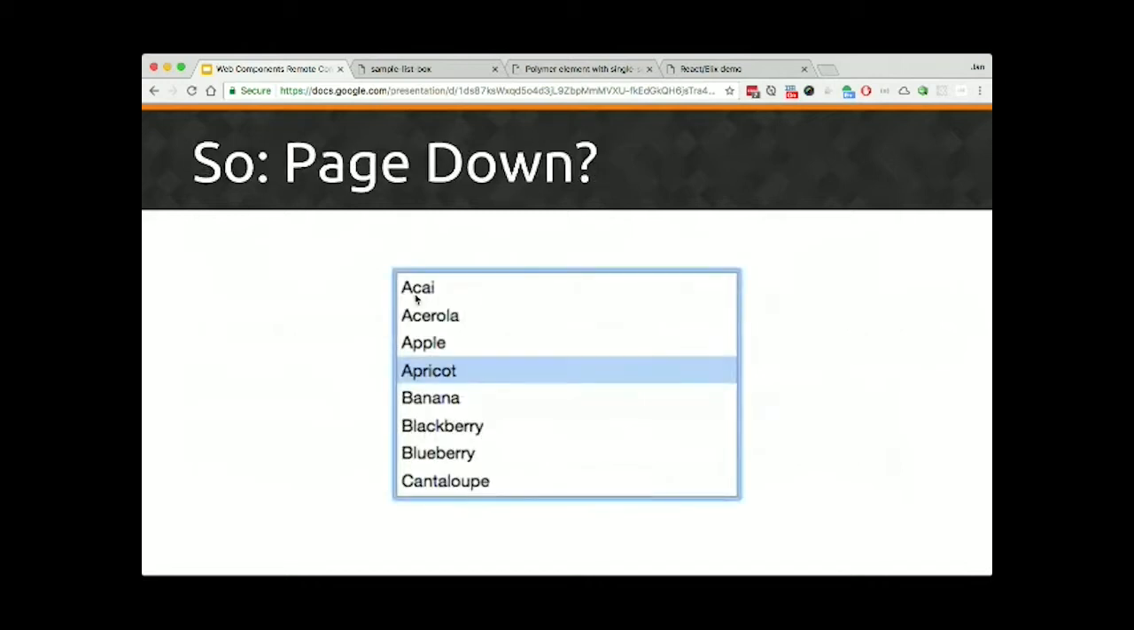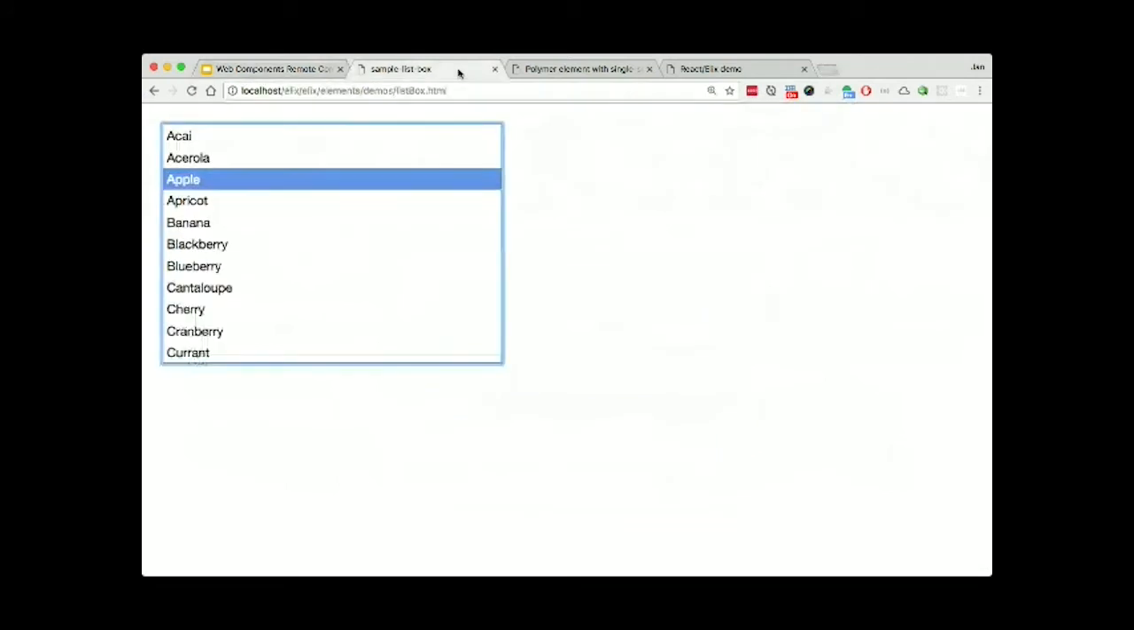So let's go back to the question I raised earlier. How should this page down key behave? So I'll go back to my list example. I mentioned there were two competing user interface models for how page down and page up work. The simple one